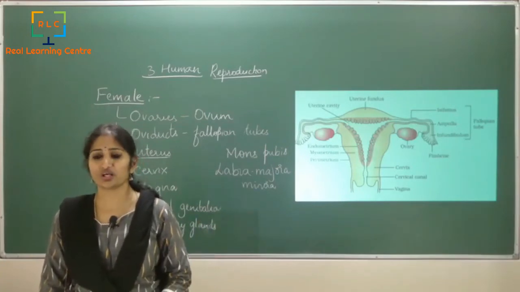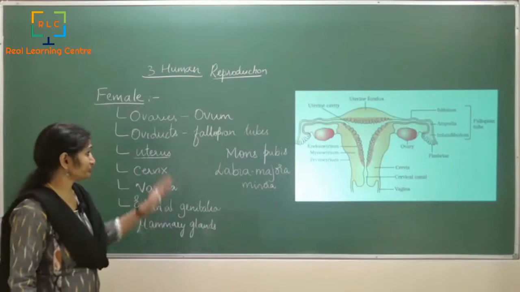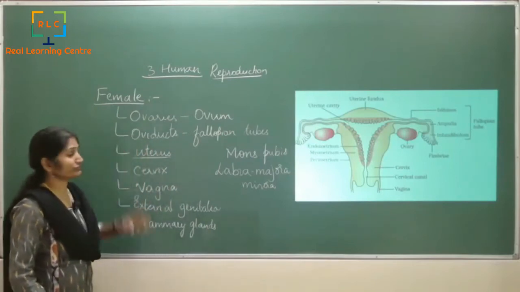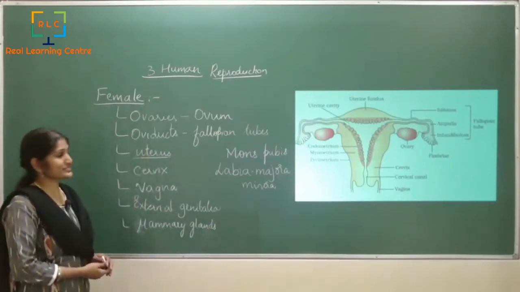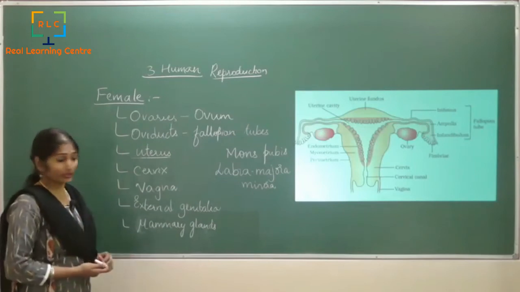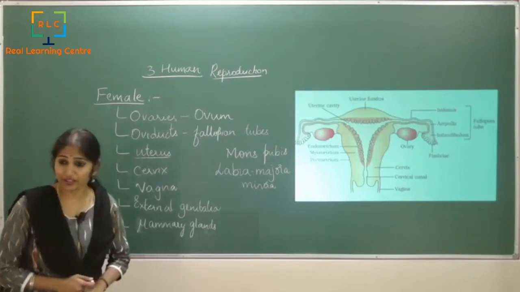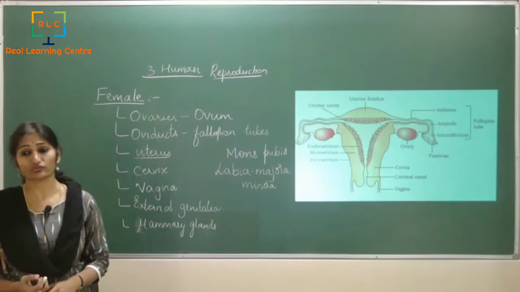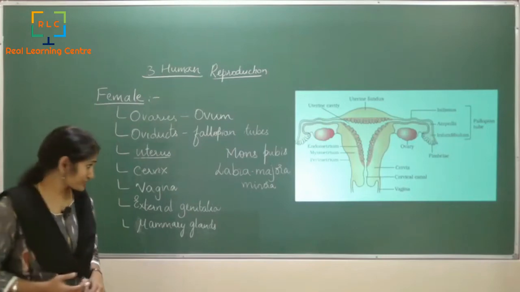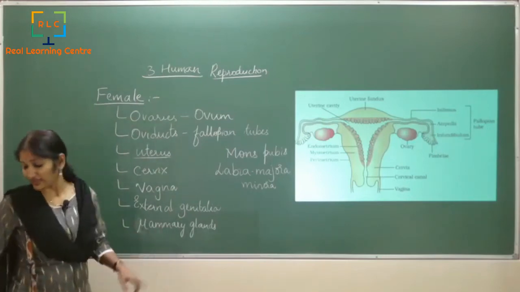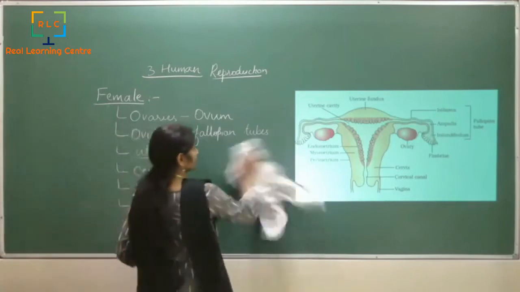So this is how we have the female reproductive system. But please do remember that we are viviparous and we have to take care of the young ones, and mammary glands help us to do that part,